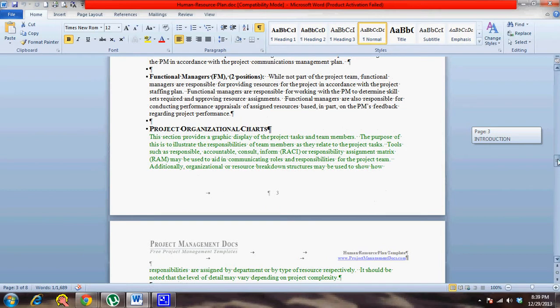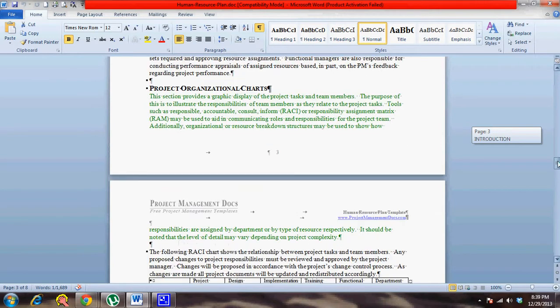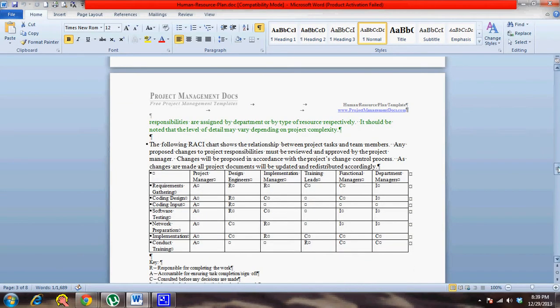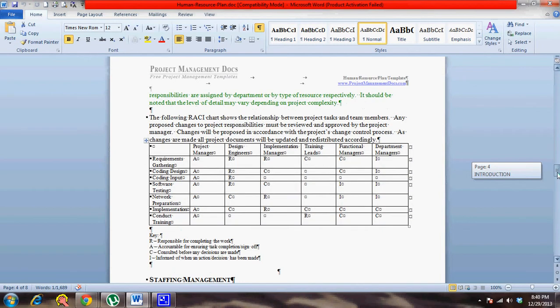Then you have the project organization chart, where you will depict the whole structure in a hierarchical model. Then you have the RACI chart, the responsibility assignment matrix, where you specify what team member, or when you start off, it can be at the role level. So anyway, the roles or the team members will be the columns, and in the first column you will have the activity. So that's a matrix-based structure to explain the roles for the team members.